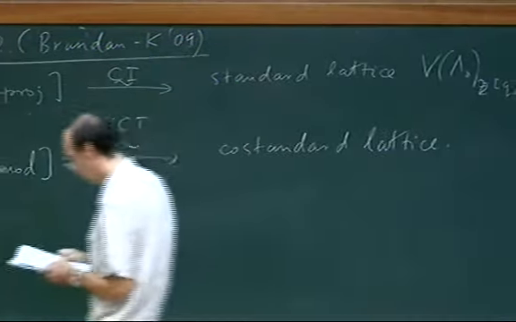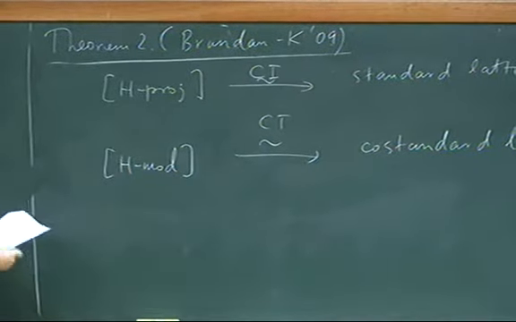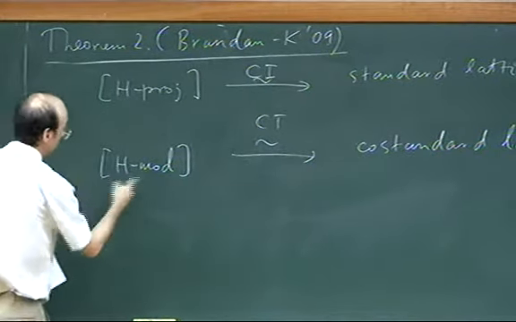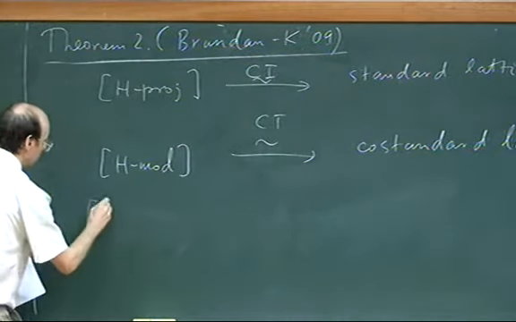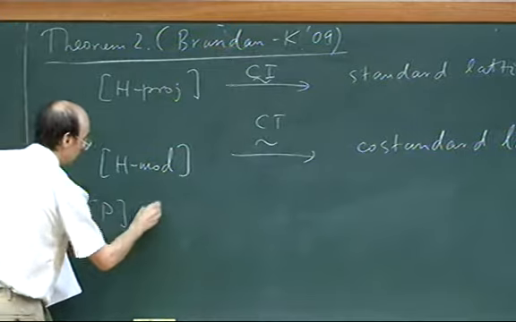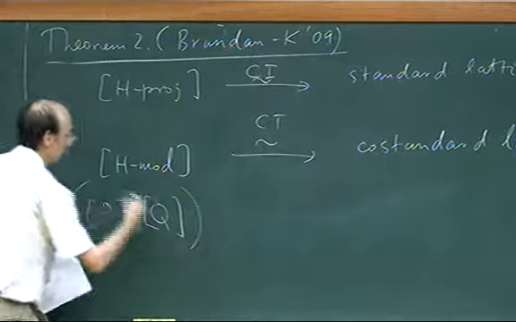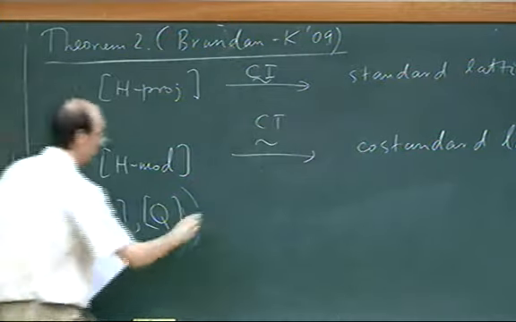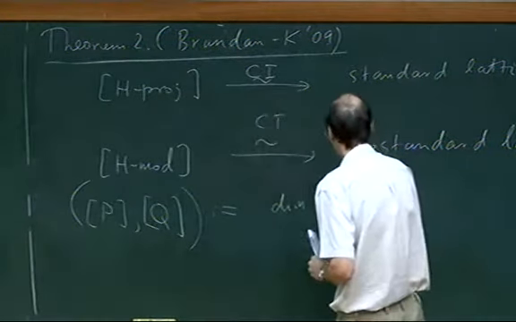And then in here there is an HL pairing, which comes from the Cartan pairing on projective modules, where you take a class of projective module P and you take a class of projective module Q, and you want to define a pairing. And by definition, this is a dimension of the Hom space between the two projective modules,